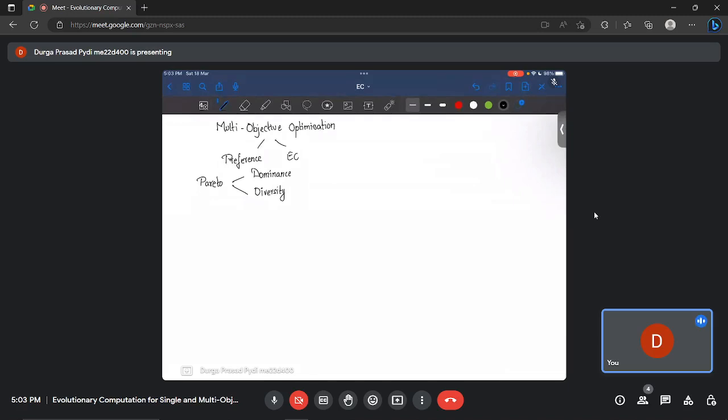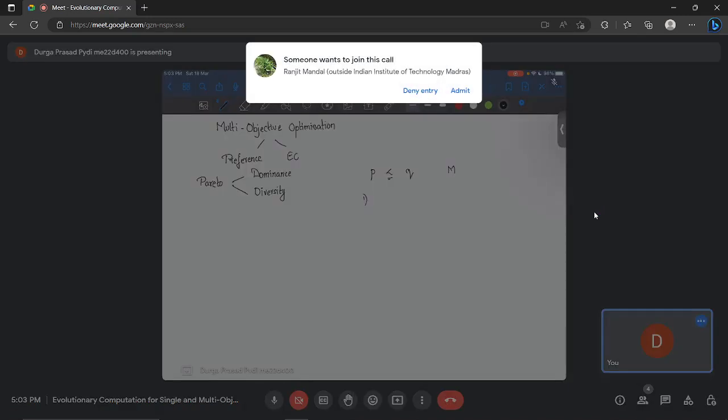Dominance is essentially if you have two solutions, say P and Q, and you have M objectives. We say P is dominating Q. I'm using this less than symbol to say P is dominating Q if it has to satisfy the two criteria that